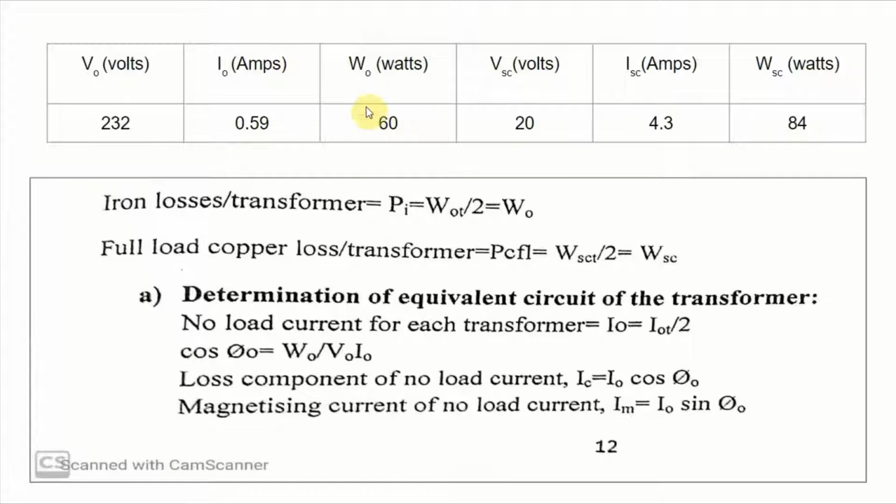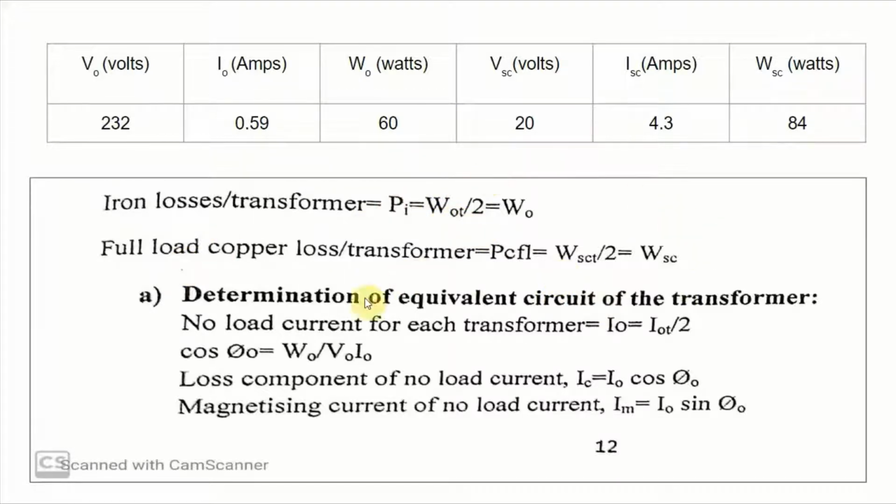The only thing is, whatever iron loss and full load copper loss we have read from the wattmeter readings is for 2 wattmeters, for 2 transformers. For each transformer we need to calculate the iron loss and full load copper loss. Since we are using 2 identical transformers, we assume that the losses occurring in the transformers under full load condition will be equal. That is the reason why the iron loss per transformer is calculated by dividing the total loss by 2. Similarly, the full load copper loss can be used.